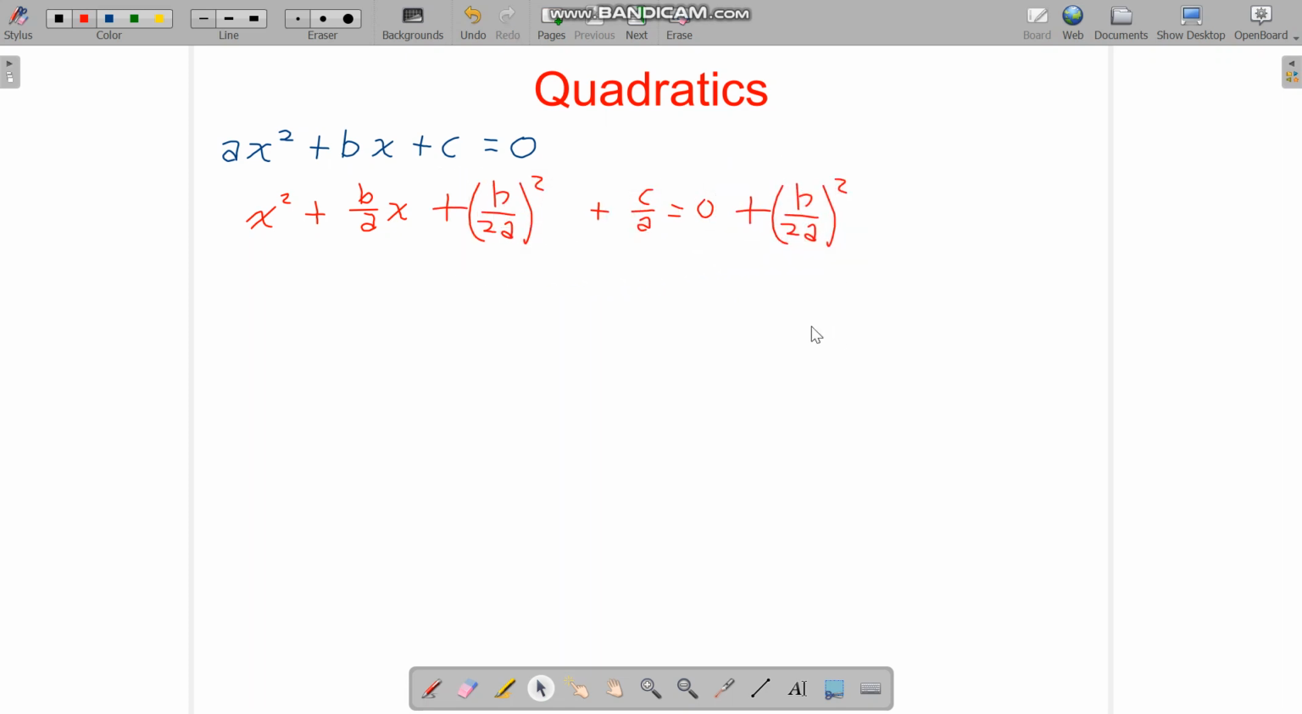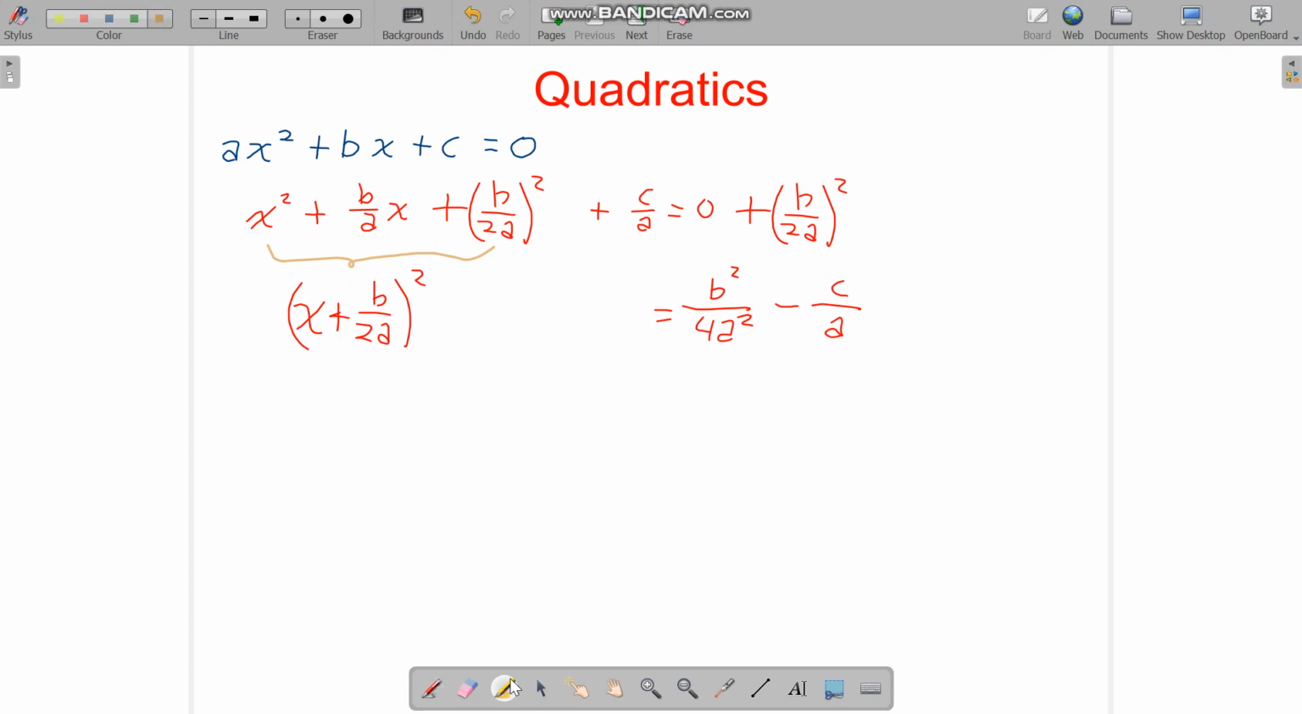There we go. And then we have a perfect square here, x plus b over 2a all squared, and we can expand this part. So we have b squared over 4a squared, and we move this to the right, so we have c over a minus, so minus c over a,